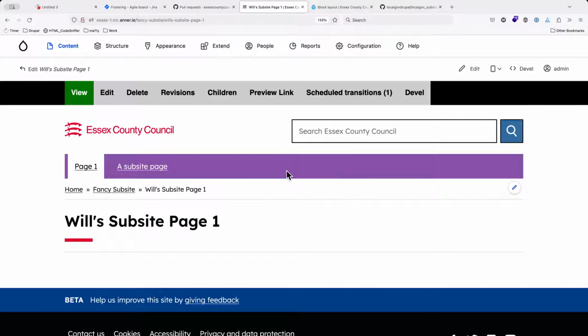This is placed for me inside the breadcrumbs region. That's why we've got the breadcrumbs under it, and it's all looking a little bit messy, but let's just kind of work with this in a you get the idea mentality. So we'll go back to the fancy subsite,